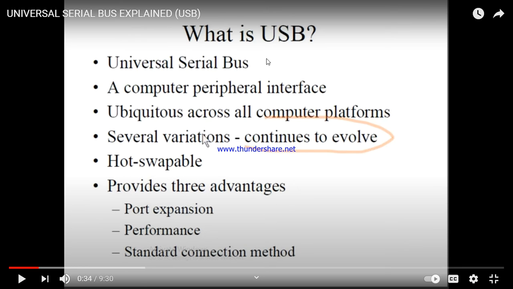The very first is universal serial bus. As we have discussed up till now, parallel is fast as compared to serial, but serial is used for the long distance transmission of the data. Again, serial is divided into asynchronous and synchronous. Again, there are different types of protocols under the synchronous and asynchronous, mentioned over here.